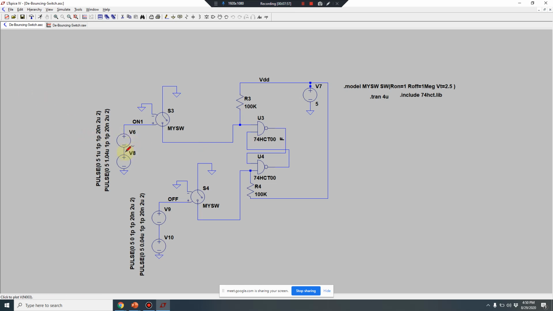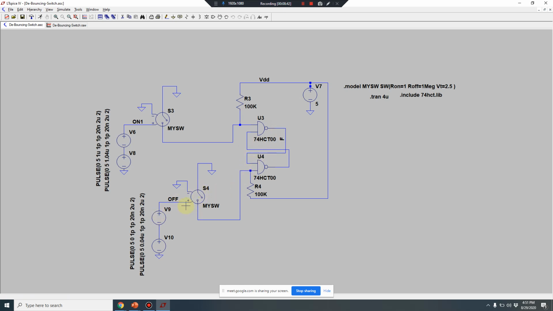Say initially you have an off condition here. If this is off, it will be 0 out here, right? This is a NAND, and this is a NAND. Since it is a NAND, if it is 0 here, it will be 1 here. And this on switch is left open, which means this wire is hanging, so it is a 0 here and it will be a 1 here. This 1 will be fed here. On the other node, you are putting a 100k resistance and supplying 5 volts. So it is 1 here and 1 here, which creates a 0 here. That 0 is given to the input of this gate, so it is a 0 here.